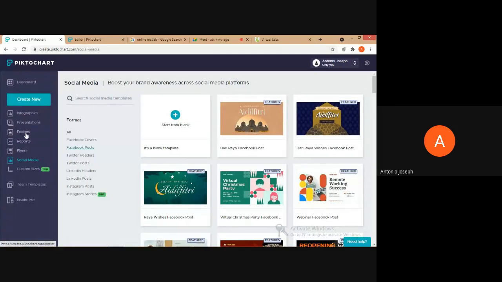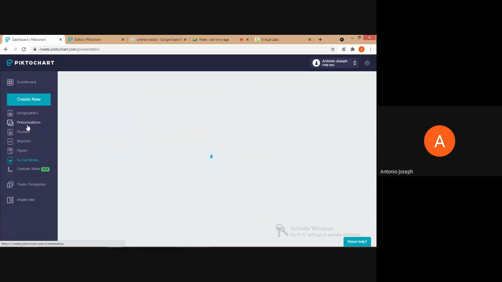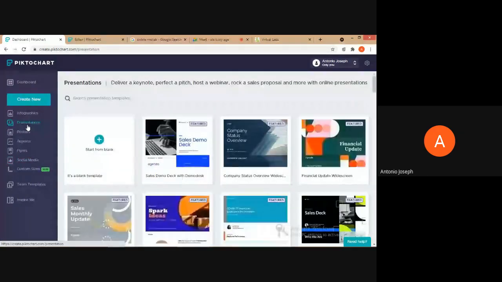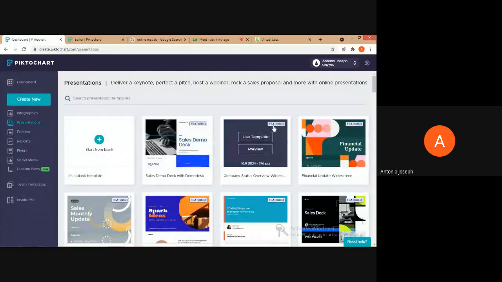Then the templates for presentations are also available. That's mostly similar to the templates available in Canva. But I think using Canva is a better option for these kinds of things. Okay, so in a nutshell, this is about PictoChart. And now I think we have completed the three things. That means I have given a nutshell of information about creating websites using the website builder available in GoDaddy. Then we familiarized Canva, and finally PictoChart now.